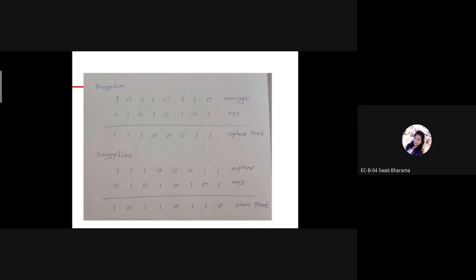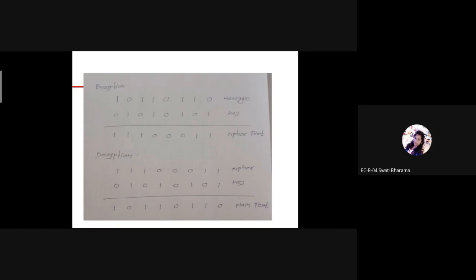Then the third is 1 0, so again we put a 1. Then next is 1 and 1, so for this we put 0, right? The next bits are 0 0, and the XOR operation for 0 0 should be 0. For 1 1, again it should be 0. Okay, so likewise we can encrypt this message by using the XOR operation, and we get the ciphertext.